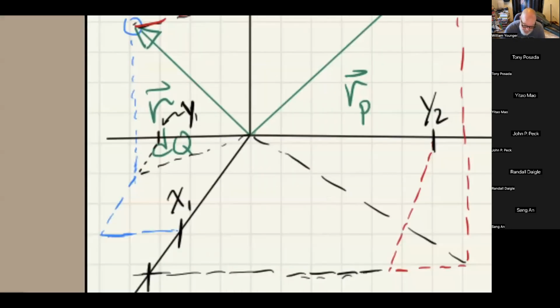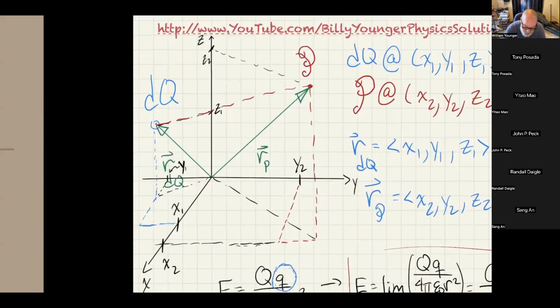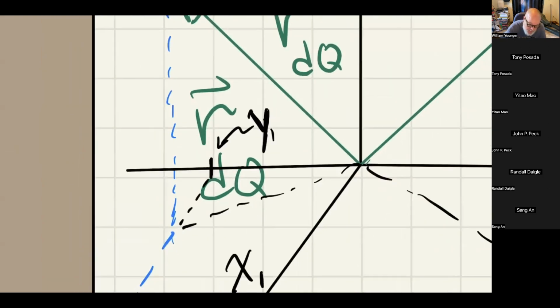It's a little messy in there, so I wanted to zoom in and show you that that green set of letters, r sub dq, is the vector we're talking about. And actually, I could write it up here. Let me do that real quick. That particular vector is r sub dq, and it points, like I said, from the origin to the differential charge element that